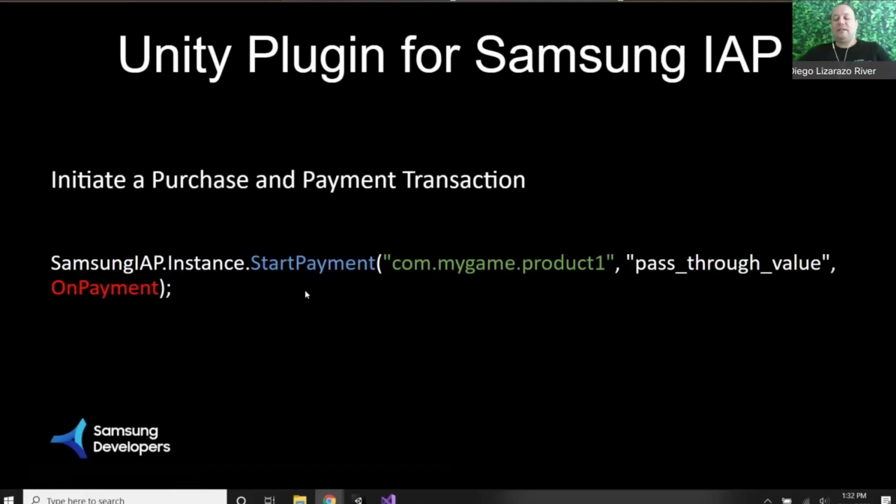So whenever the Galaxy Store responds, hey, I was successful registering the purchase of this product, then it sends back a success code, and then Unity is going to be able to execute whatever on payment method we have here. Okay, there are a couple other things that you can do there, but again, you can go directly to